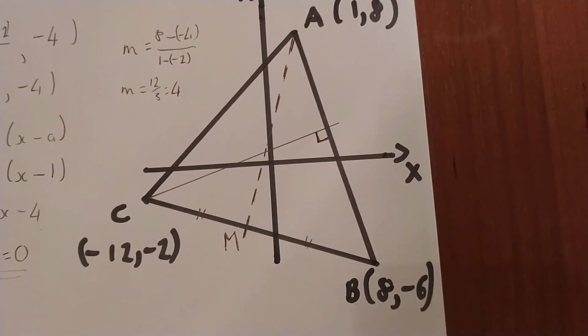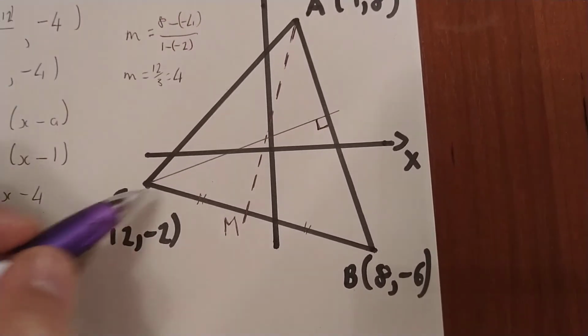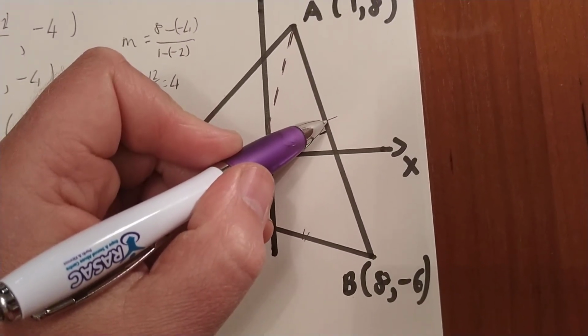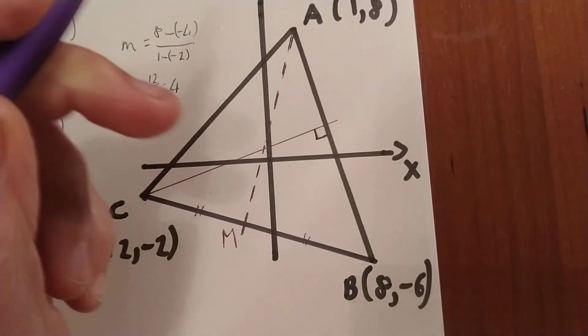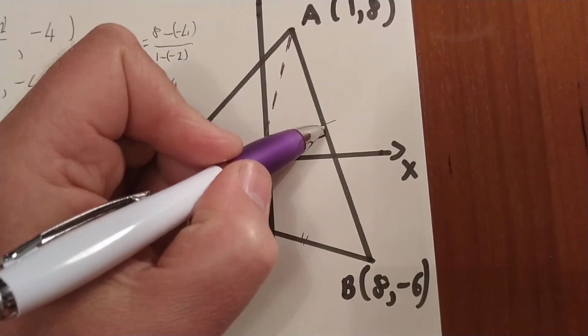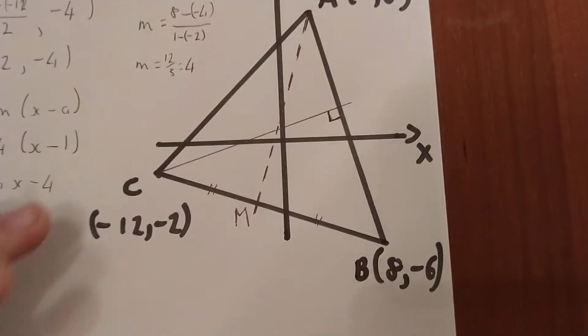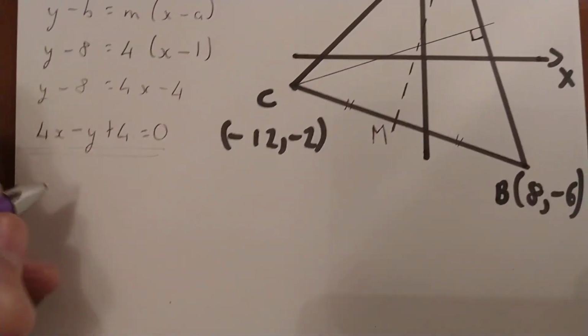So, how to get the equation of the line? Well, to get the gradient, I don't know the coordinates of this point. It's not that easy to work out at this point in the proceedings. So I'm going to say, well, I can work out the gradient of AB and then the fact that these lines are perpendicular. So, gradient of AB,